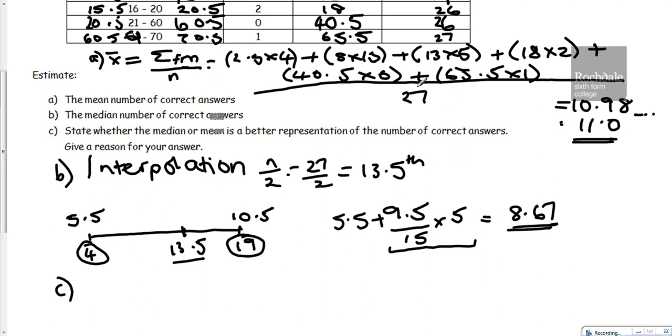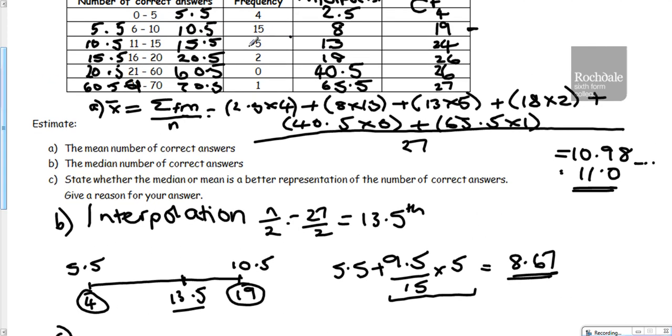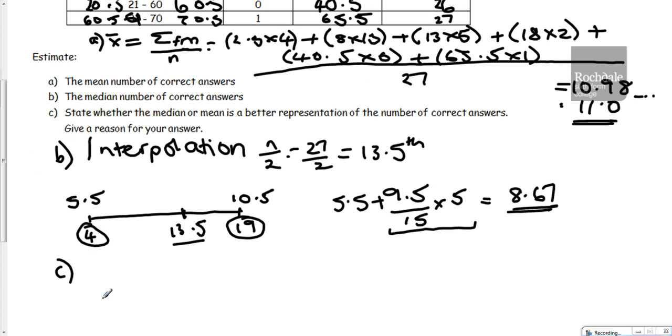That extreme value has added a large amount to the total, and so it's dragged up the mean. It's dragged up the mean to 11, which makes it look like the average is round about here, but actually it should be where the median is, somewhere in this interval, 8.67. So give a reason which one is the best. So the median is a better representation